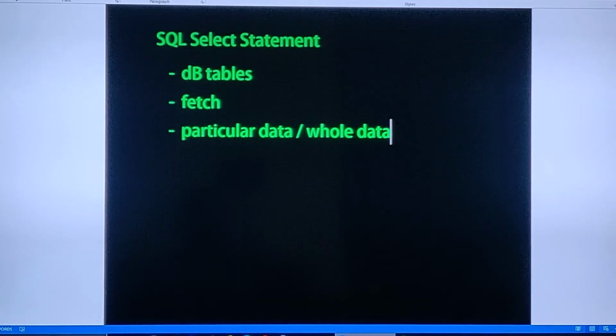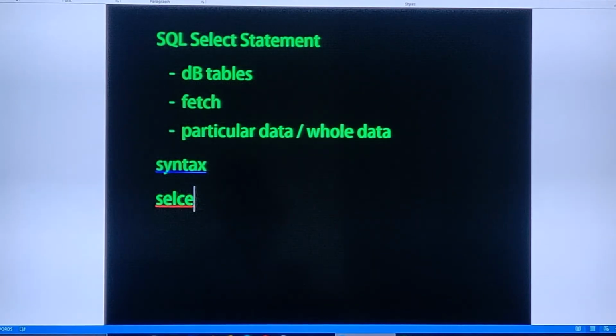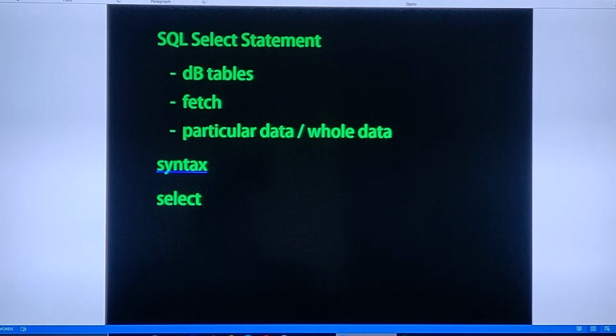So how is it done? The basic syntax for the SQL select statement is: select, and for particular data, say for example we want only 2 columns' data values, we have to mention the column names.